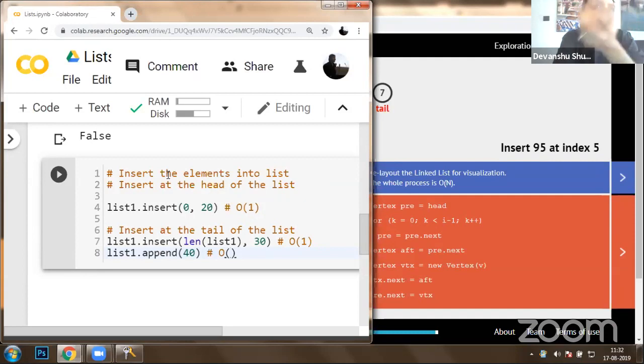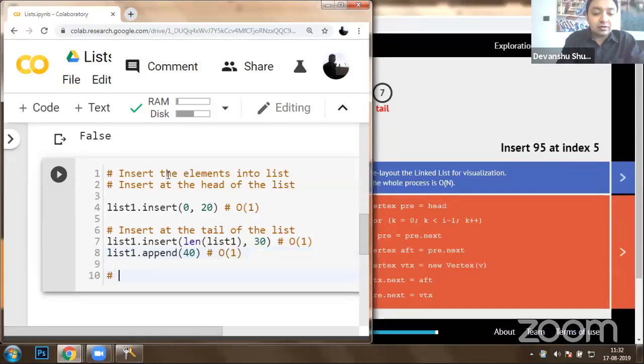You are going to insert a new vertex and you have to change the tail. That's it. So the time complexity is big O of 1. And if you have to insert at a position, at an index, let's say 5